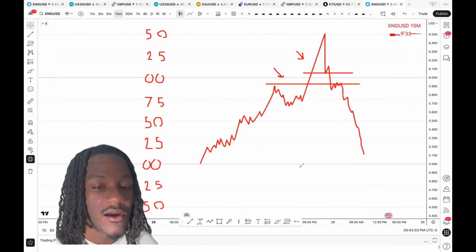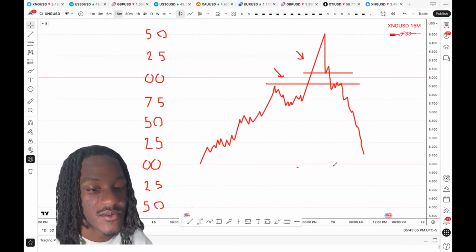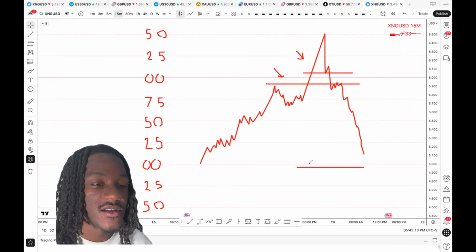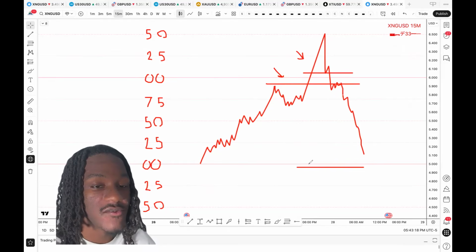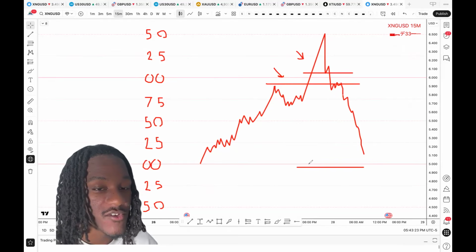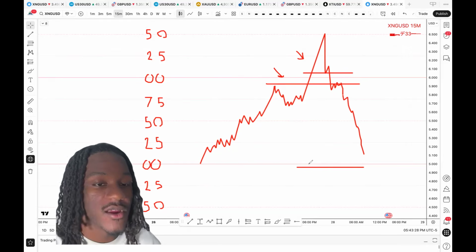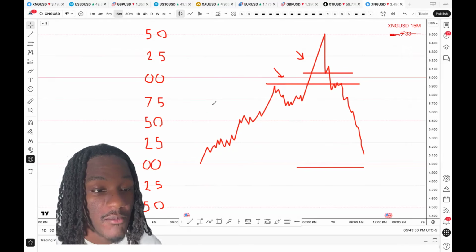Now, I am truly meaning to make this as simple as possible. Zeros and 50s is my main focus. That is where peak formations can be put in place above or below zeros and 50s. Zeros and 50s is also where your best fill price is going to be if you're taking a trade. Now, technically, a great fill would be, for example, if you're selling above 50. Anything above 50, I'm selling. Anything below 50,